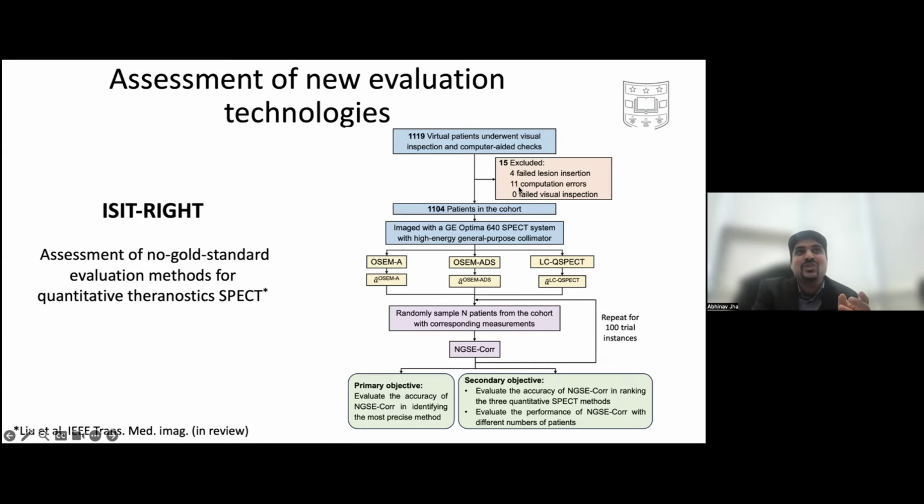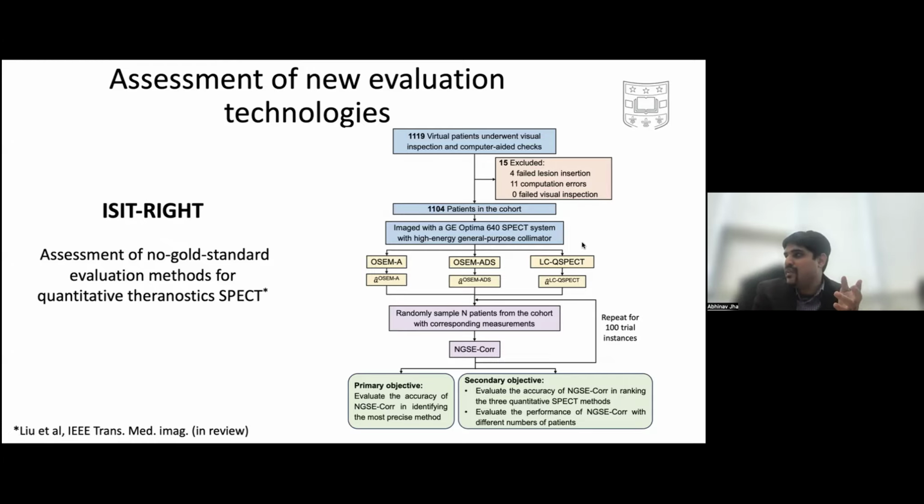Three methods. So this is in the context of, again, alpha-particle RPTs. And so we have these patients who are scanned using a single scanner. And then we are reconstructing them using three different reconstruction approaches, one of which is an OSEM approach with attenuation correction. The second one is an OSEM approach with correction for attenuation, scatter, and detector response. And then you have this methodology, LC-QSPECT, which is